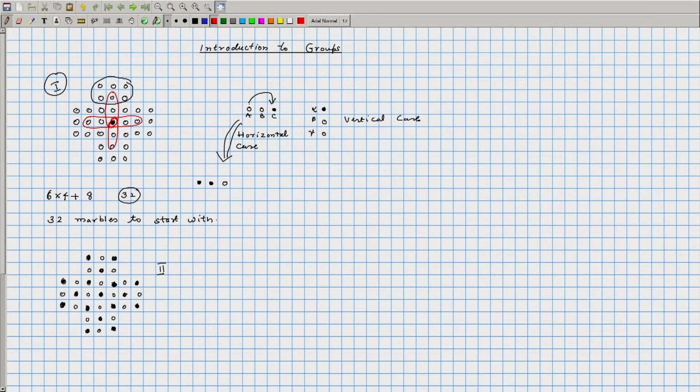Okay. Also, if you have just 1 marble, there is no way you can move anything around. So, that is also a dead end. So, question is, starting from 1, can you reach a position, a configuration with precisely 1 marble? Okay. The answer to this question is yes, you can do that, but what we will consider in this lecture is